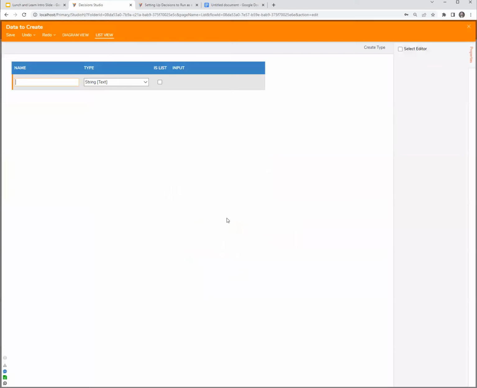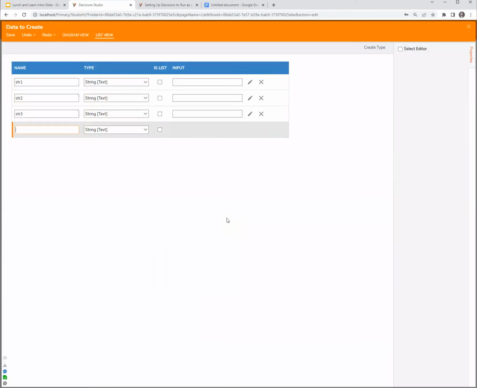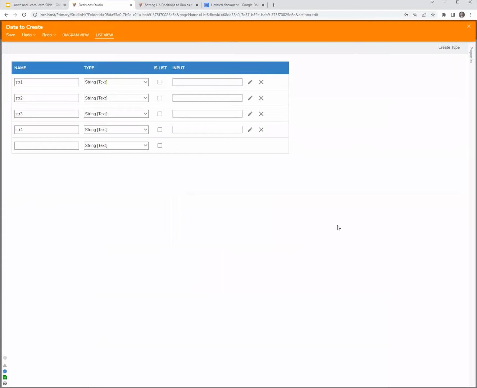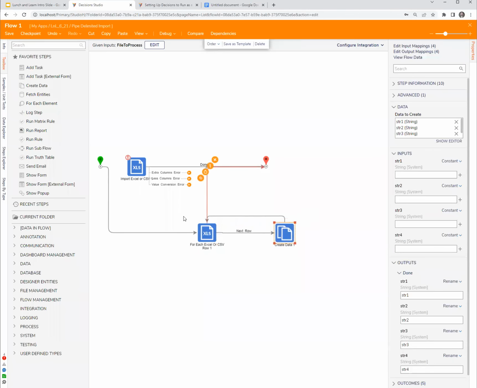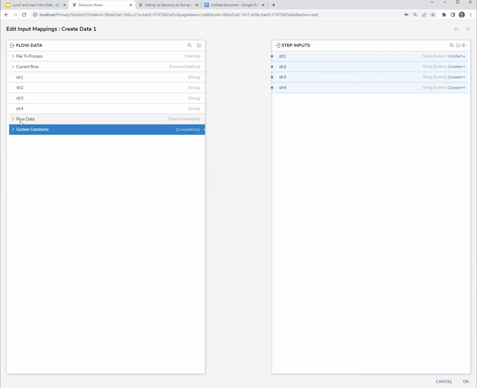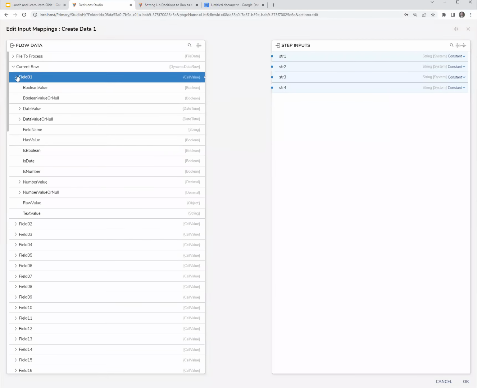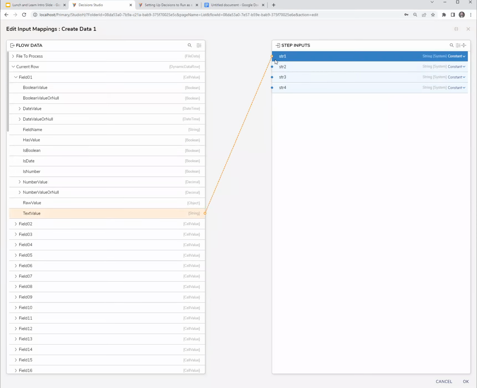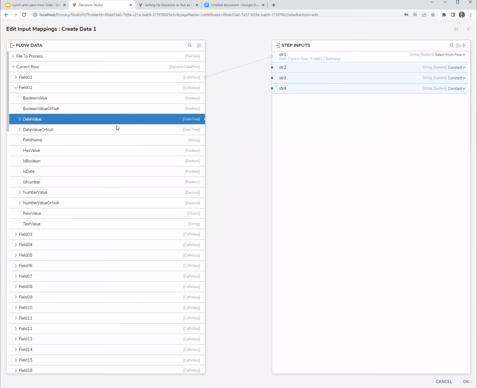I'm going to declare 4 strings here, str1, str2, str3, str4 for the 4 properties of my thing. And then I'm going to go ahead and map them. So view input mappings, current row, field 1, text value. I'll use the same mapping of